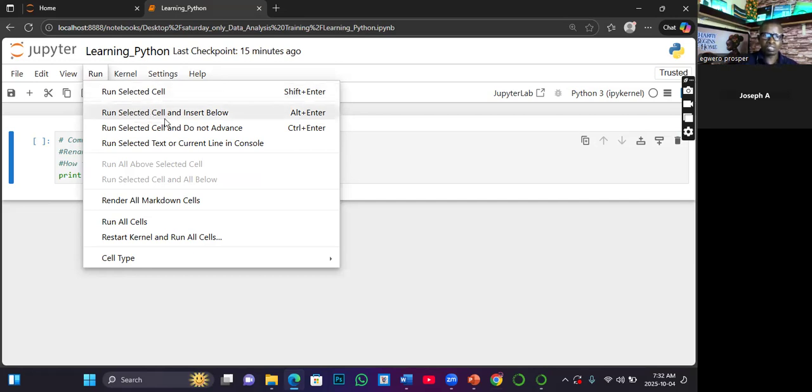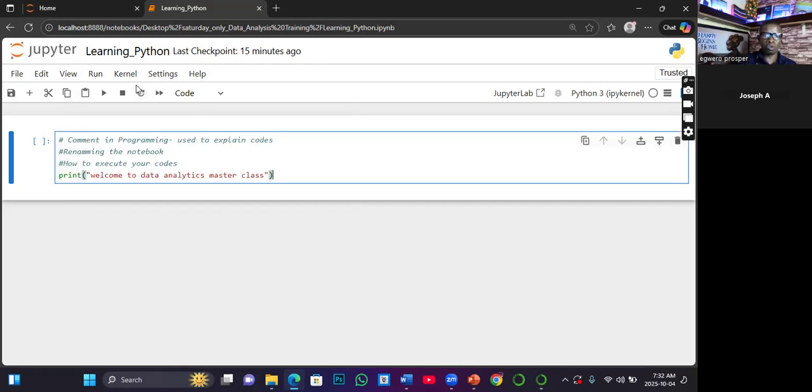And then you use this option. You have run selected cell and insert new row or cell below, which means that once you run this, it will give you another box with the intention of, oh, you want to continue writing after you have executed the first line of code, or just execute it. I will manually add another row. So depending on you.